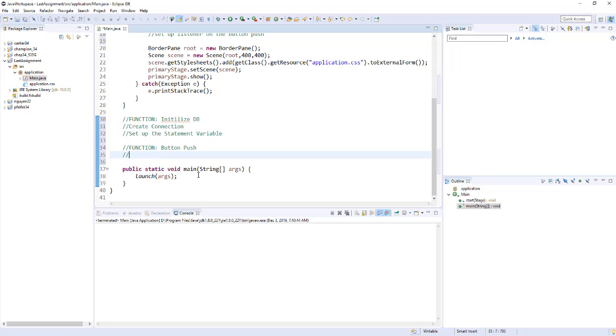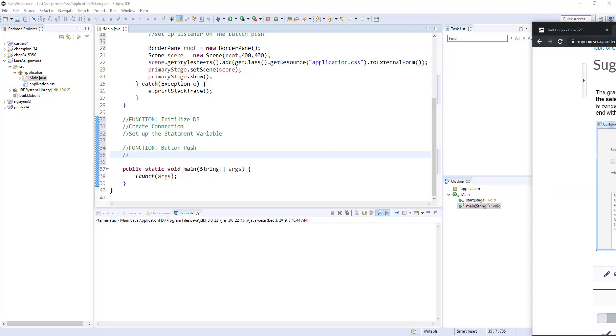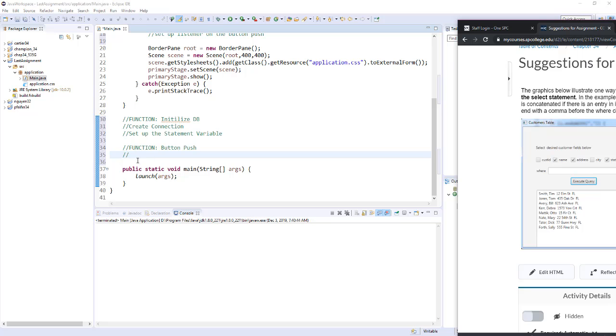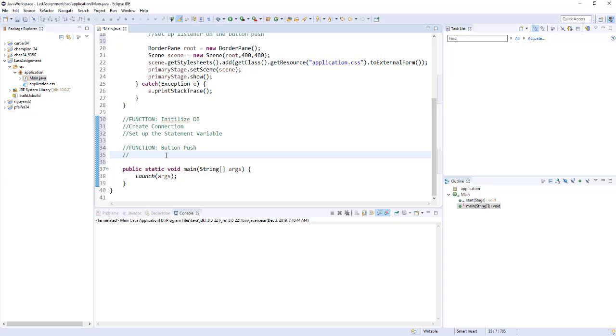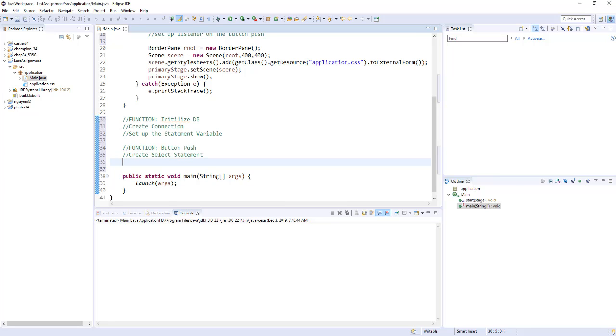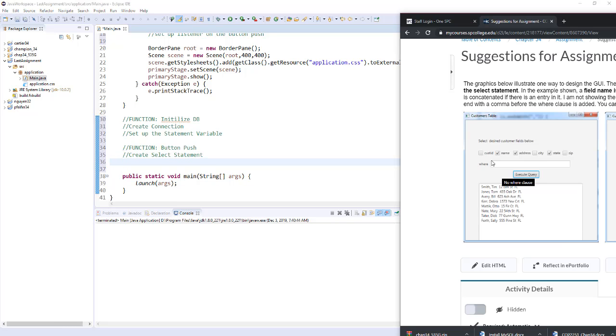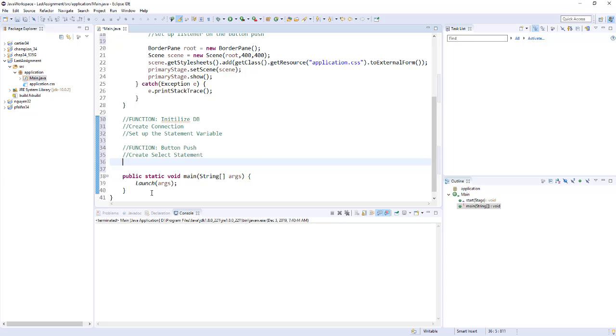Now, one of the big pieces of the button push is you're going to create the select statement. However, the hardest part probably of this is you're actually letting the customer say what columns they want to see in their data. So remember, typically we would see something like